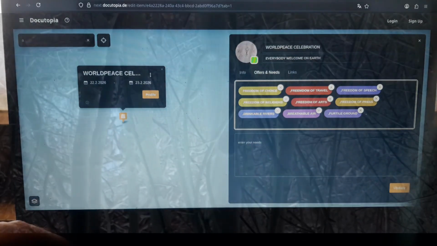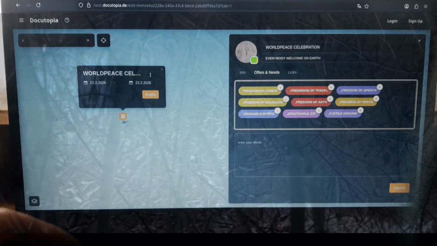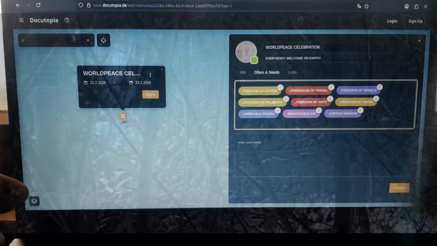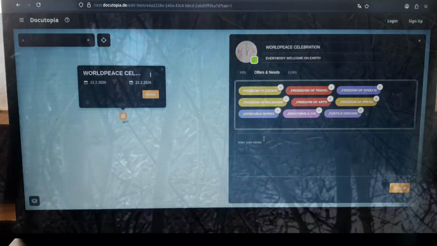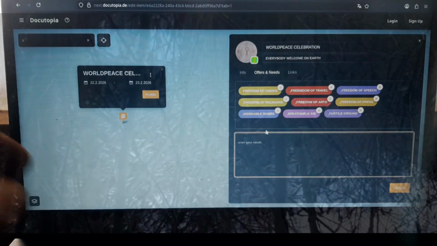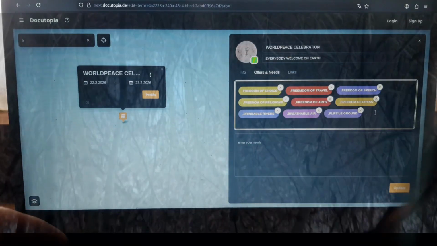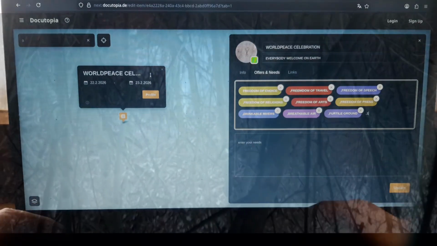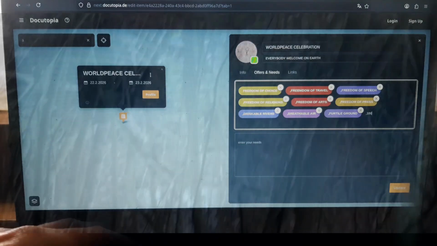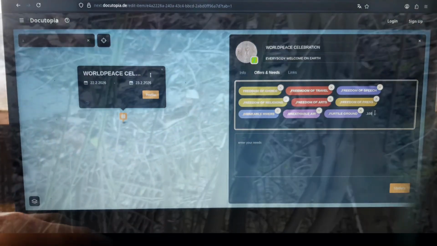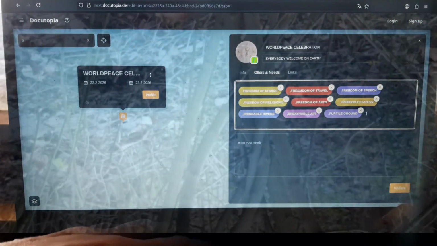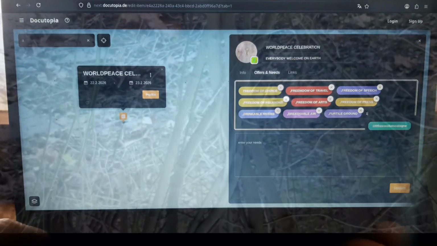Veto power and collective decision-making. Users will hold a form of governance through democratic decision-making. The veto power in Docutopia will give users the right to challenge, revise, or approve initiatives within their trusted circles or larger community projects.